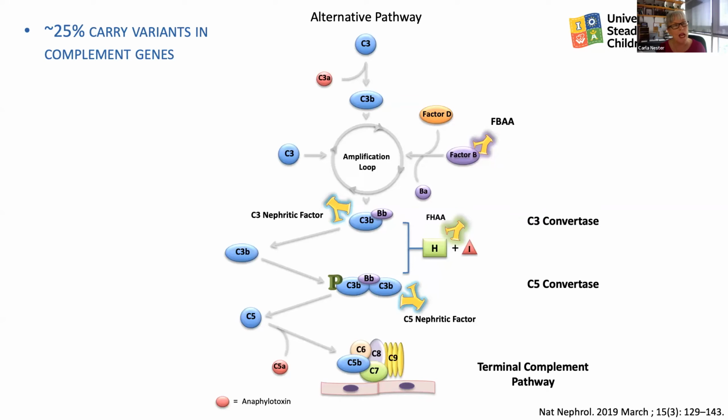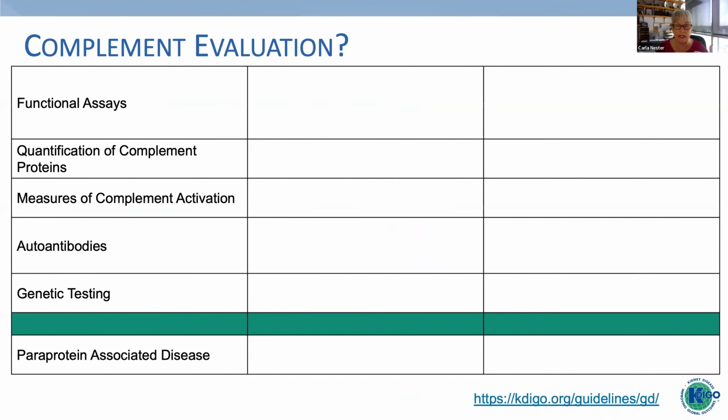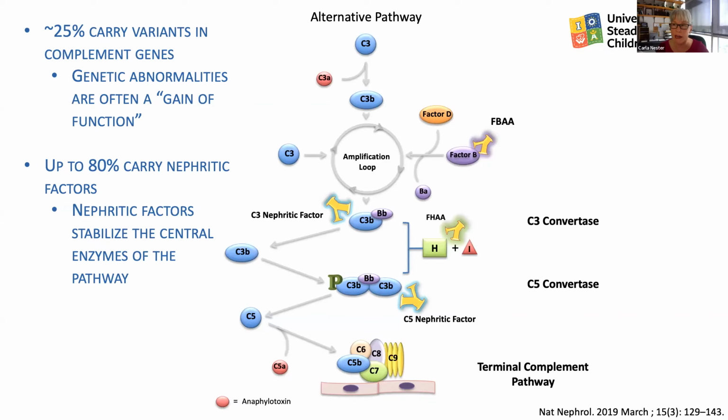So you've already heard that approximately 25% of C3G patients, for instance, carry variants in complement genes, but up to 80% actually carry an acquired driver that we call a nephritic factor. Already has been mentioned what some of the other autoantibodies are that are not nephritic factors. What I really wanted to bring up is that these genetic abnormalities are often a sort of gain of function, meaning they cause the complement system to be hyperactive, and that's what was already presented to you. But also the nephritic factors do the same thing. So the nephritic factors bind to and stabilize these critical enzymes of the alternative pathway,